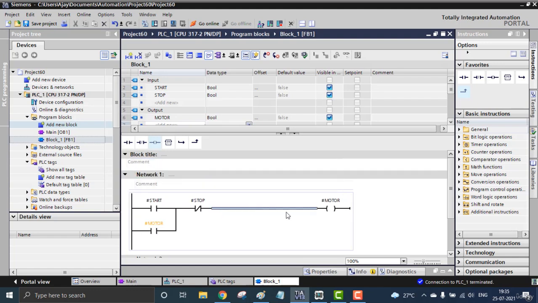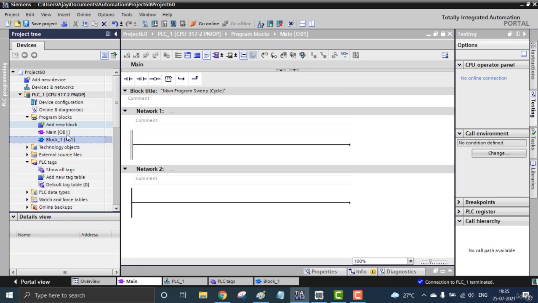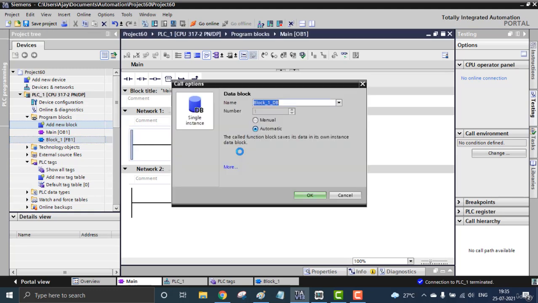So we just created all these things, and now we implement this block into our main program. I'm going to my main program, and I can create my own customized user-defined function block right here, just by click, drag and drop onto my main program. Finish. That will ask to create a data block for storing the internal values of that function block.